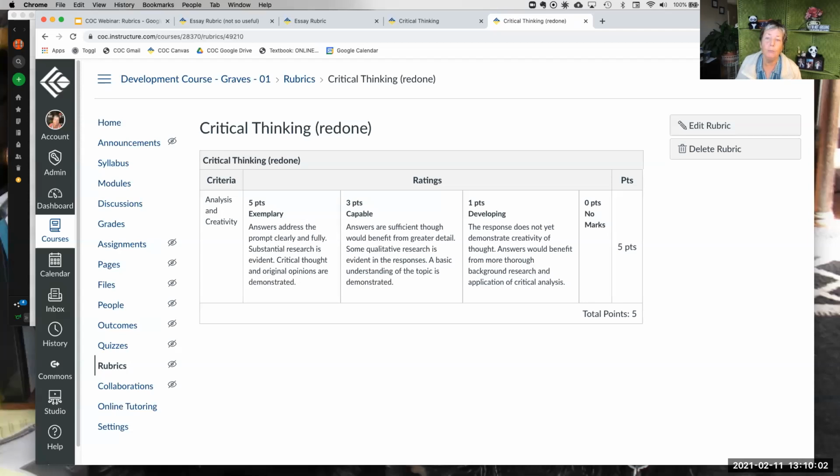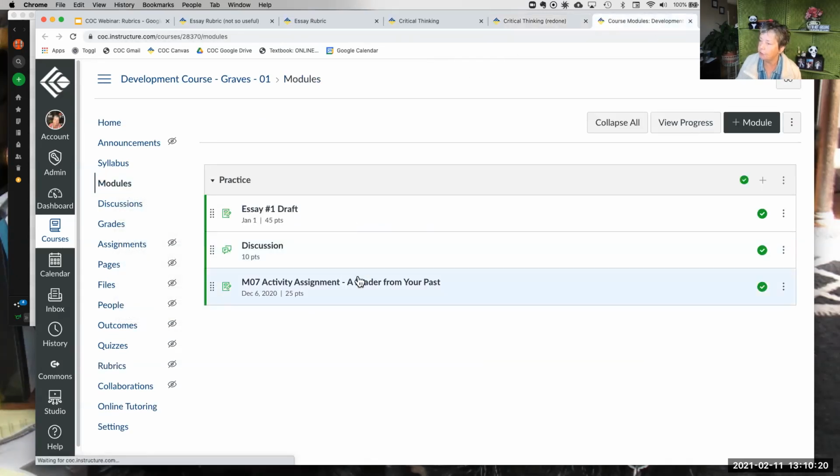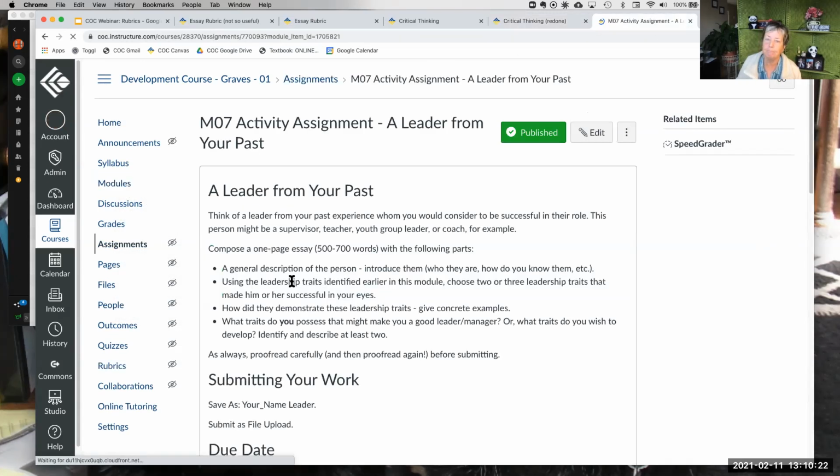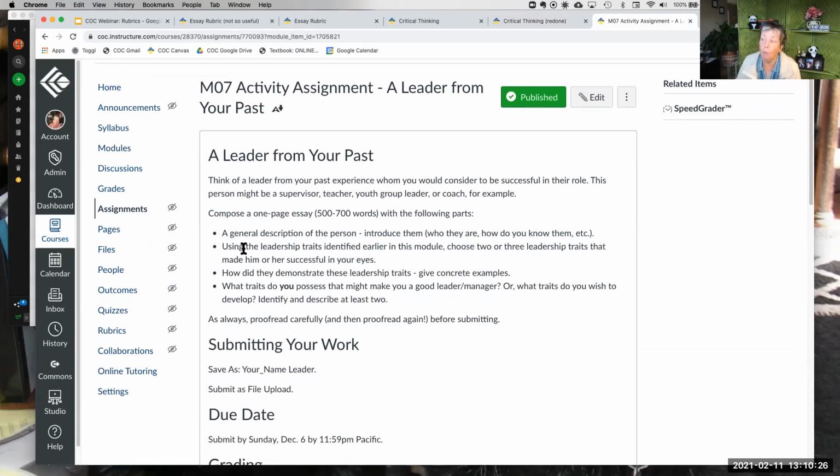When clearly and explicitly written, rubrics can really provide what I think of as pre-feedback for the students. Here's an example of a rubric I use in a business course that I teach at Coastline. I'm going to show you the assignment. So in the directions, I do what you do. I tell them what I expect.